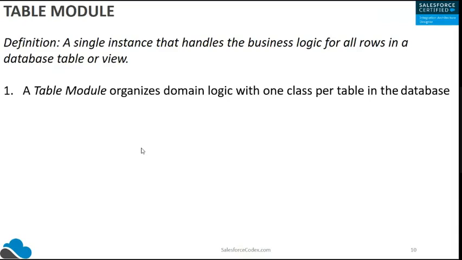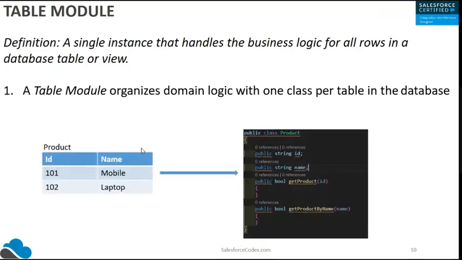In the domain model pattern, in a simple domain model we added one entity with the properties or the data, and in the rich domain model we implemented those classes to give business logic. In this case, in the table module, the same class is handling both things. It's creating an entity and it's also adding the business logic in the same class, which was missing in the domain model pattern.